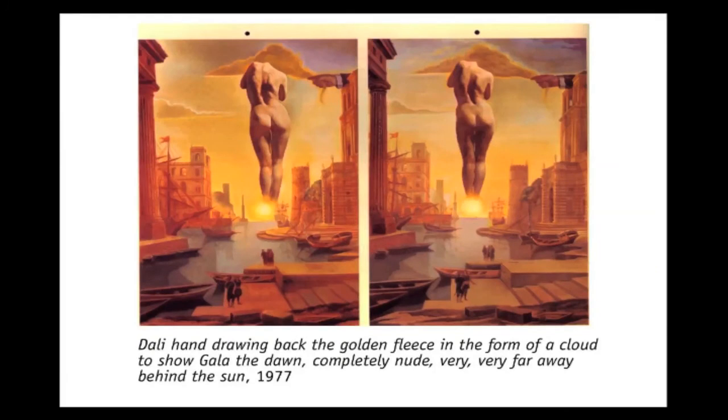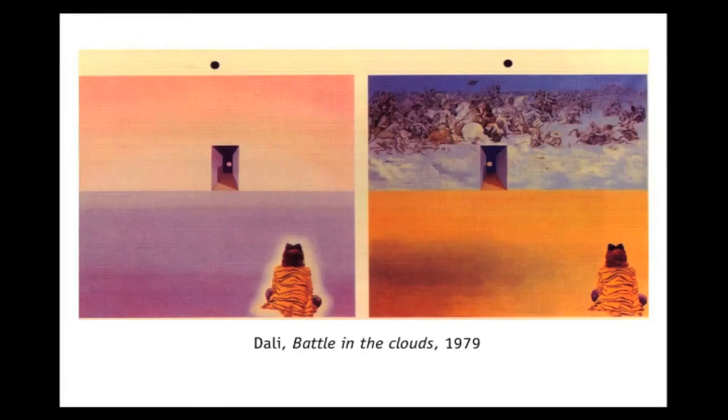I'll just show you briefly. There are more than I'm showing here. So they are stereoscopic, extremely precise paintings that exist as pairs, like traditional stereoscopic slides, and merge into 3D spaces. This is more interesting. This is called Battle in the Clouds, 1979. It's more interesting because here the color fields and actually the picture fields are different. So basically, in the same way as Magritte did in the 1930s, you're supposed to use your optical vision system to merge these together, which means that the color will change also through that